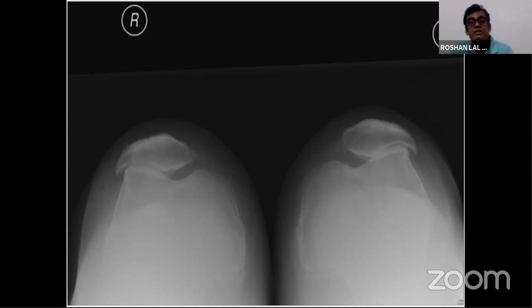So in some cases, there is shortening of the tensor fascia lata. Shortening of TFL pulls the lateral retinaculum, and the lateral retinaculum pulls the patella laterally. So in these cases where TFL is short or lateral retinaculum is short, the patella moves on the lateral epicondyle